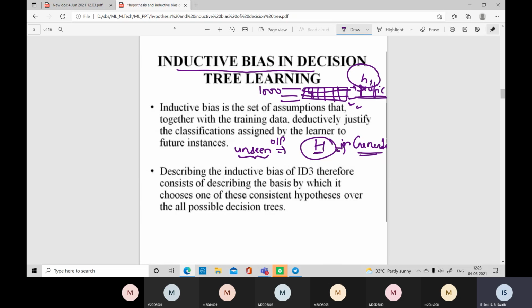Now what is inductive bias? Inductive bias is where you generate a hypothesis from specific inputs, in the form of a generalized one, so that any new input can be accepted. So that is our inductive bias. That is why we are using this technique, so that any type of input can be handled by the model, so that classification can be done properly.